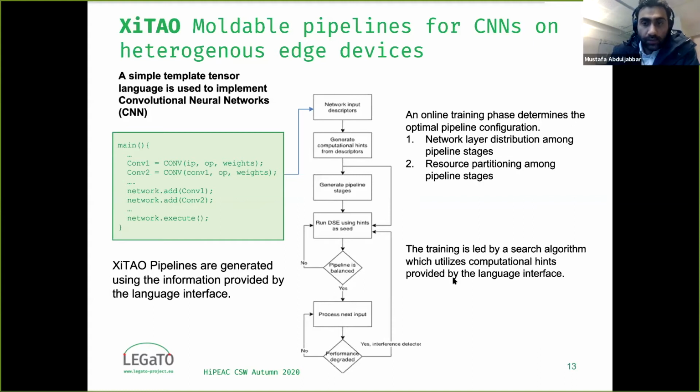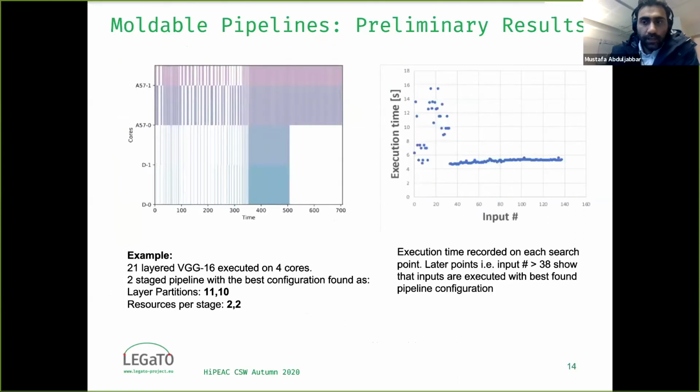The training is led by a search algorithm that utilizes computational hints that are given by the language interface, as you see over here. Since this is still a work in progress, we have preliminary results showing how the pipeline parallelism engine in CTAO reaches an optimal pipeline configuration, as shown by this simplified experiment over here,